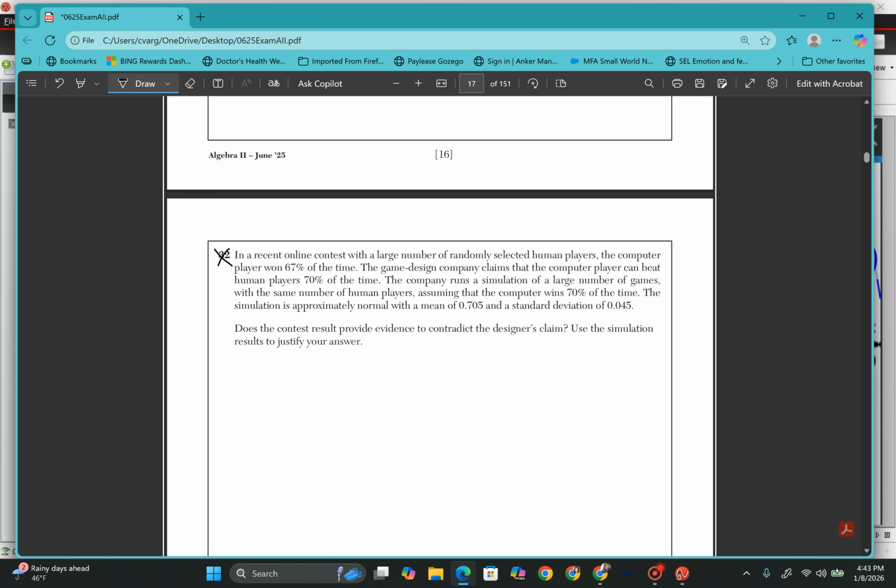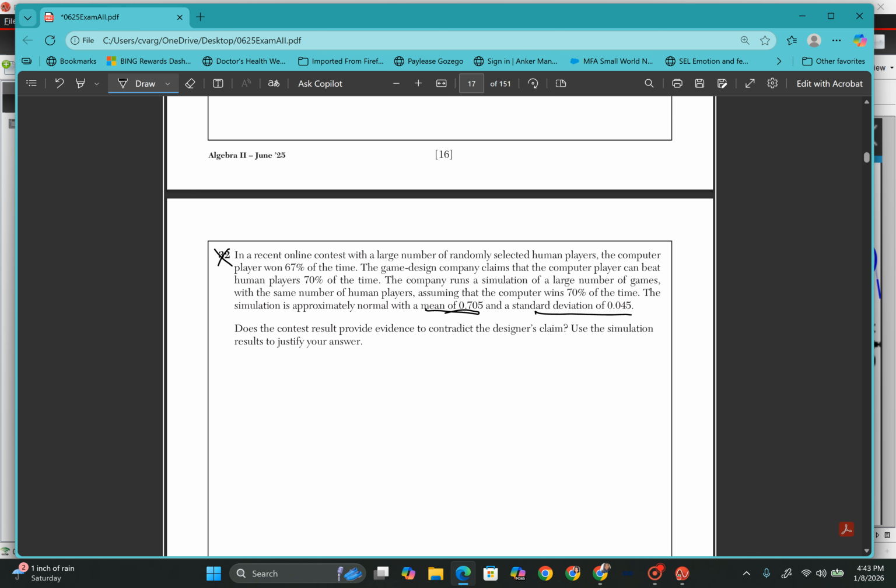Completely doable. So we are going to do this later at another time. Use simulation results. Simulation is approximately normal, with a mean of this and a standard deviation of this. So the formula